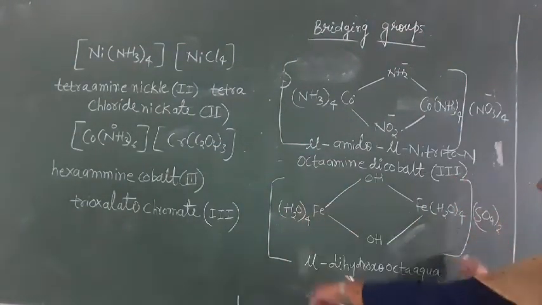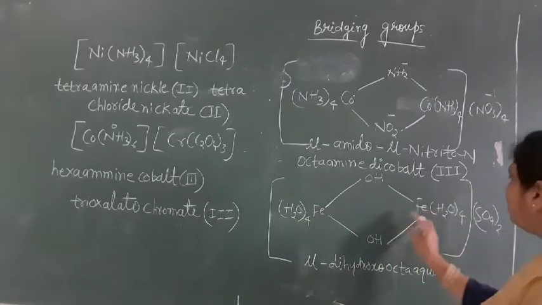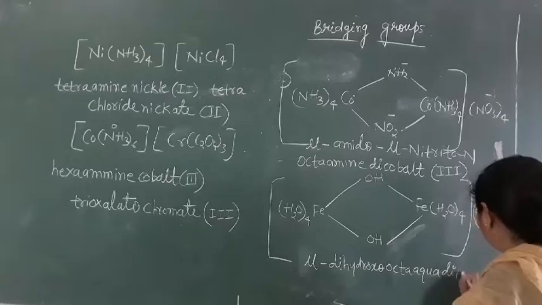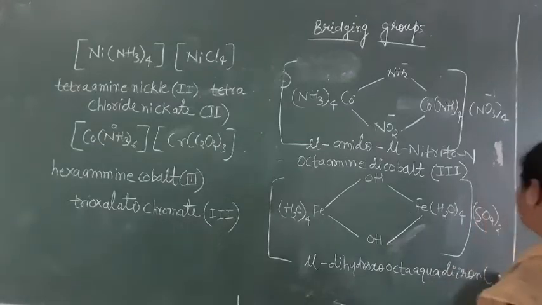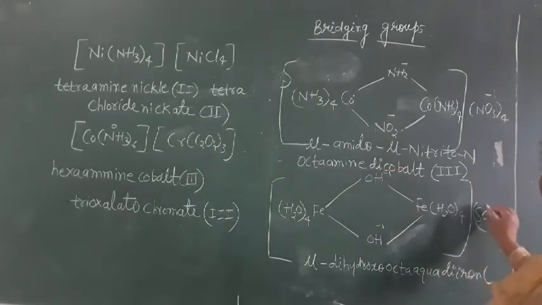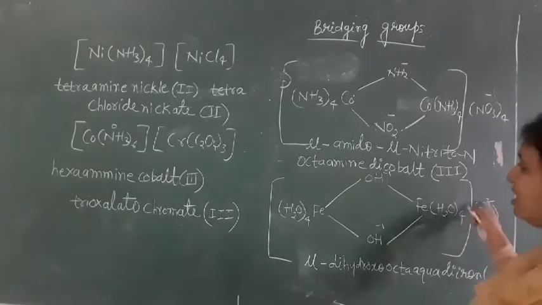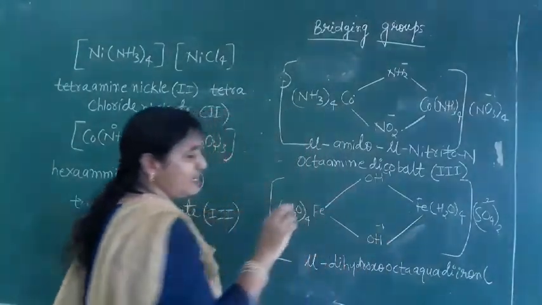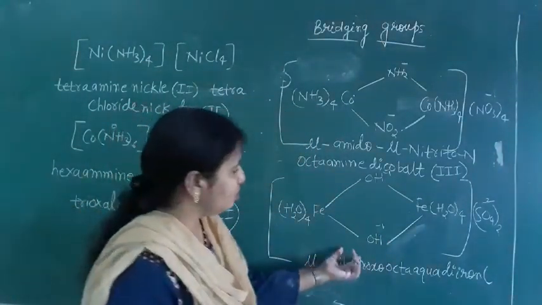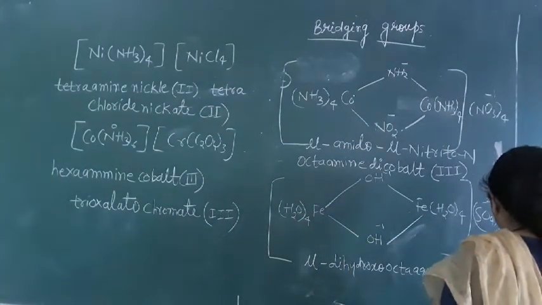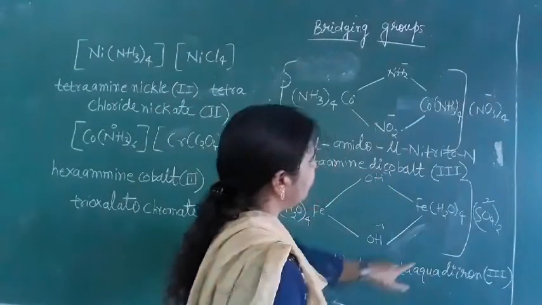Then what do we have here? Iron. This is a cationic complex. So the name will be what here? Di-iron, since the 2 are the same. Oxidation state, what will it be here? See, this is minus 1, this is minus 1. SO4 is minus 2, but how many are there? 2 are there, 2 2s are 4. Minus 4, minus 5, minus 6 here. Totally minus 6 will be there. So 6 divided by 2 means 3 here. So the oxidation number here will be 3.